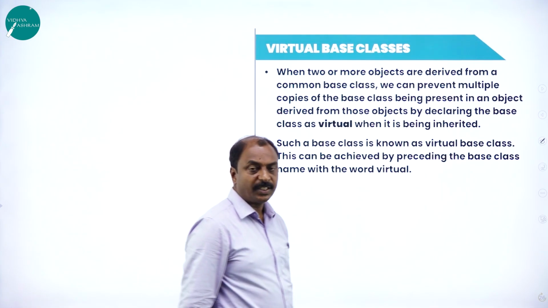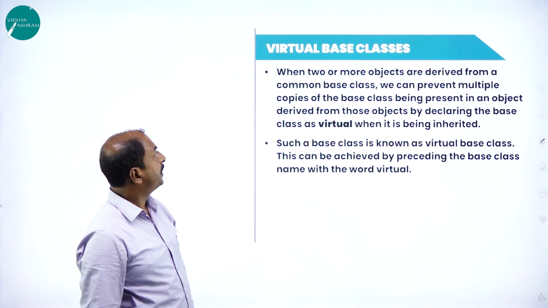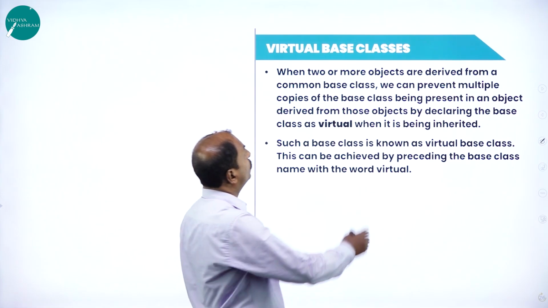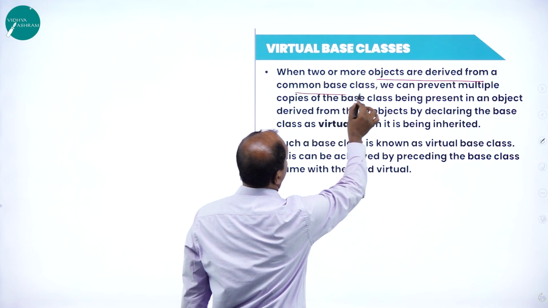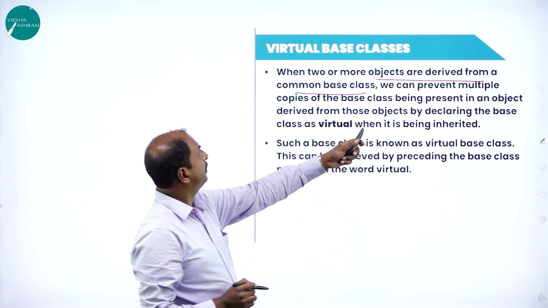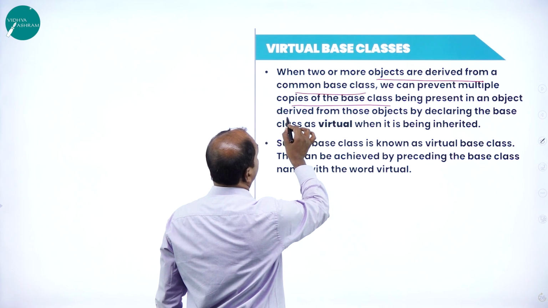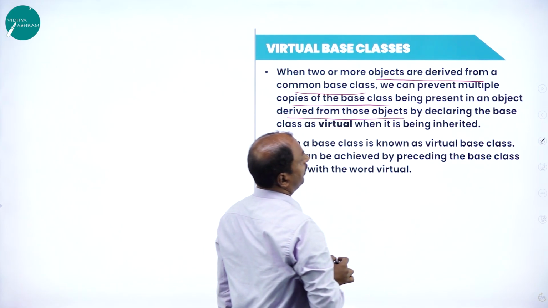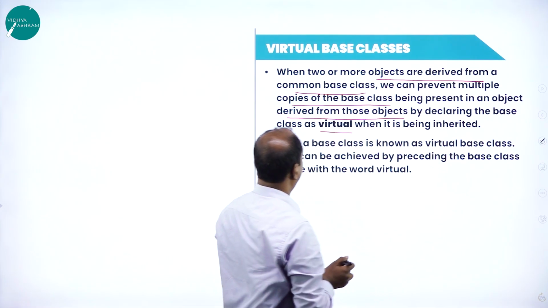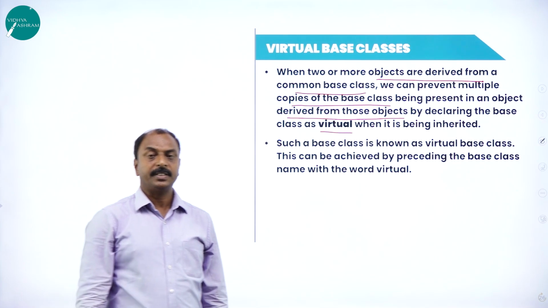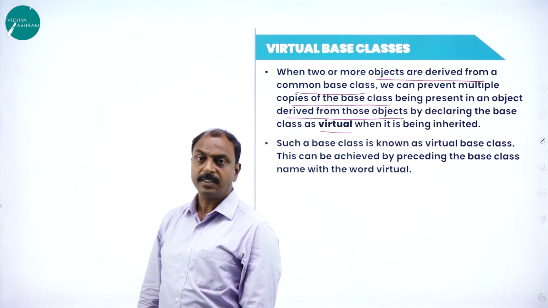Now let us move on to the next definition. Here it is called virtual base classes. Now let us see what it is. Here, when two or more classes are derived from a common base class, we can prevent multiple copies of the base class being present in the class derived from those classes by declaring the base class as virtual when it is being inherited. So, first of all, you have to understand that whenever you are going to derive a class from the base class, here the